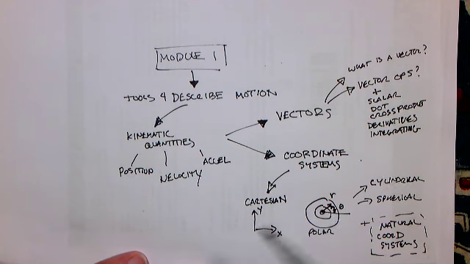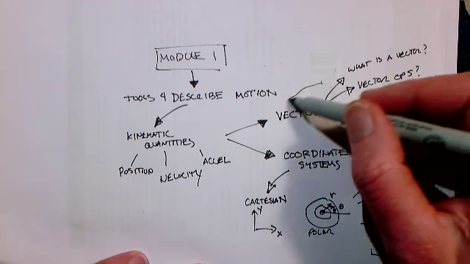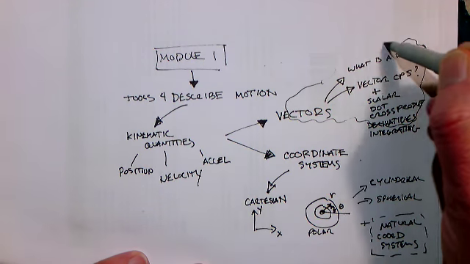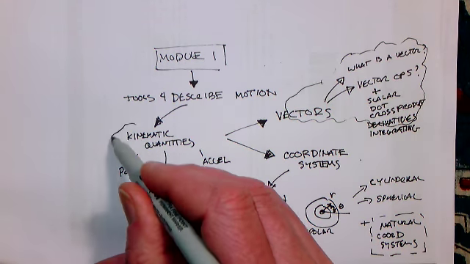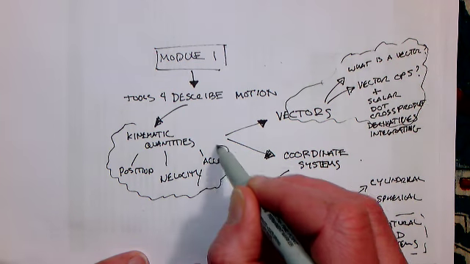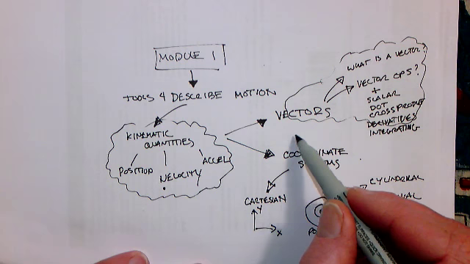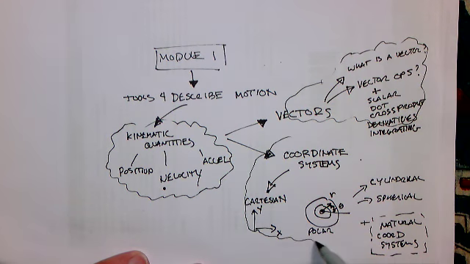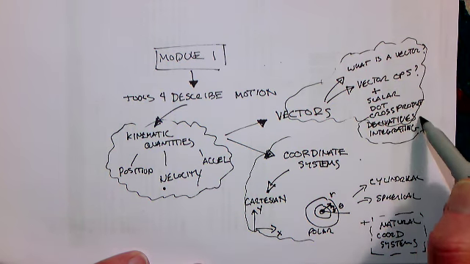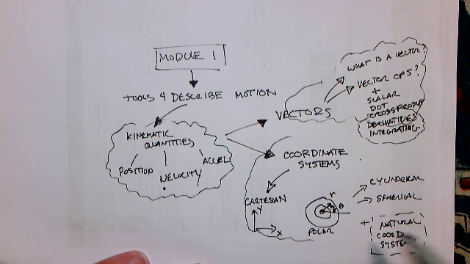We'll start by doing some of the easier stuff. We'll start with vectors and some of the simpler operations with vectors. We'll do a little bit of thinking about qualitatively what these kinematic quantities mean. And then we'll start to work with coordinate systems and also some of this doing calculus with vectors, and end with natural coordinate systems, which I think are both the most powerful idea in this module, but also probably the most challenging idea in the